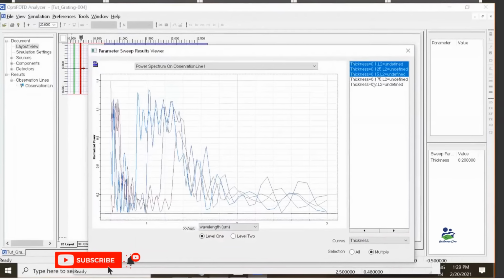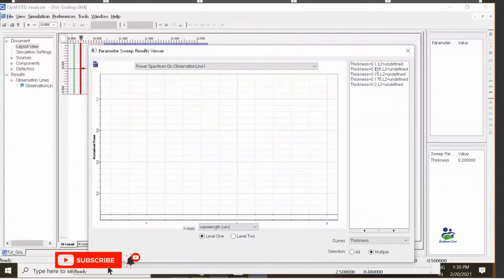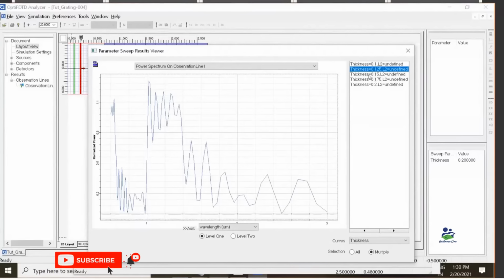Likewise, we have different values. So now you can see we have different observations over here for different values of thickness. As we keep on increasing the thickness value, this particular width decreases.